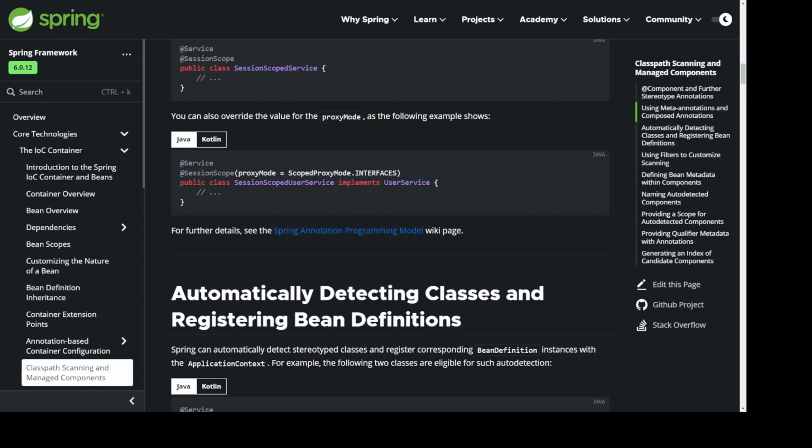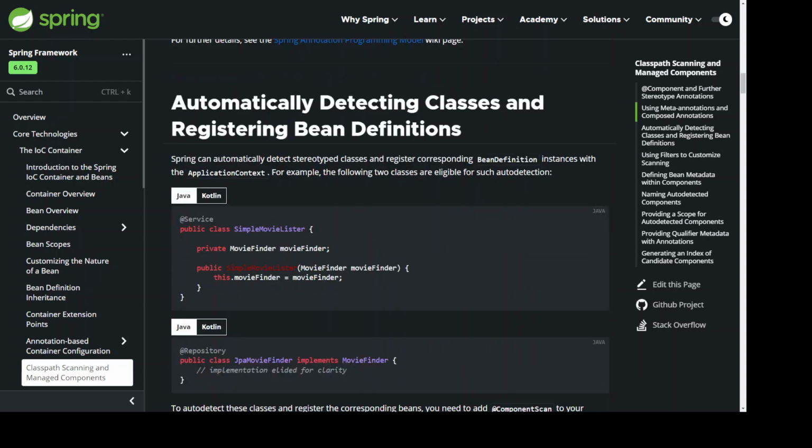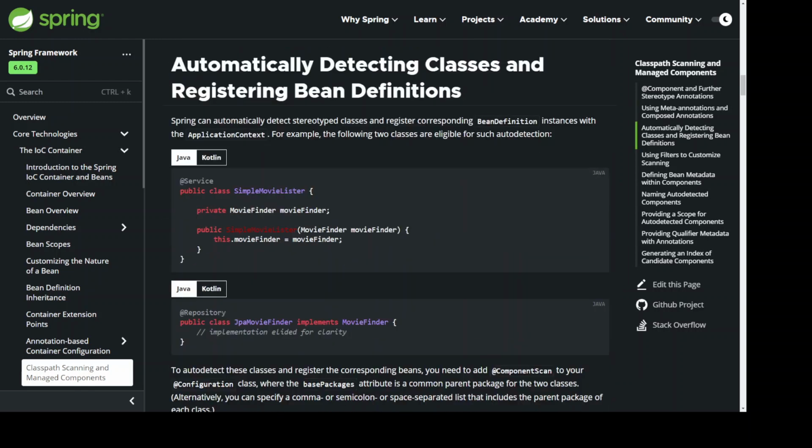Automatically detecting classes and registering bean definitions. Spring can automatically detect stereotyped classes and register corresponding BeanDefinition instances with the ApplicationContext. For example, the following two classes are eligible for such autodetection. @Service public class SimpleMovieLister { private MovieFinder movieFinder; public SimpleMovieLister(MovieFinder movieFinder) { this.movieFinder = movieFinder;